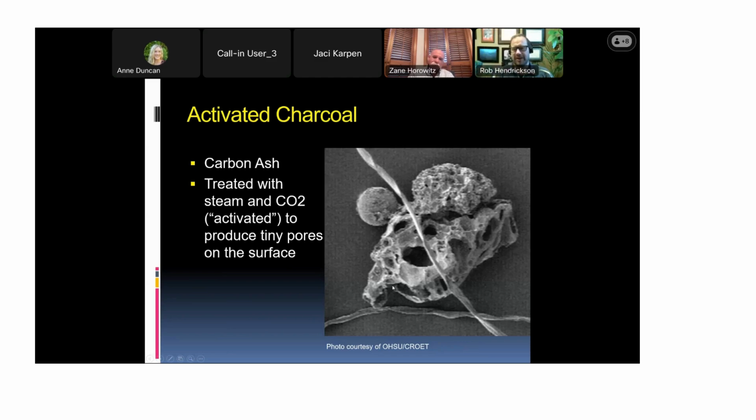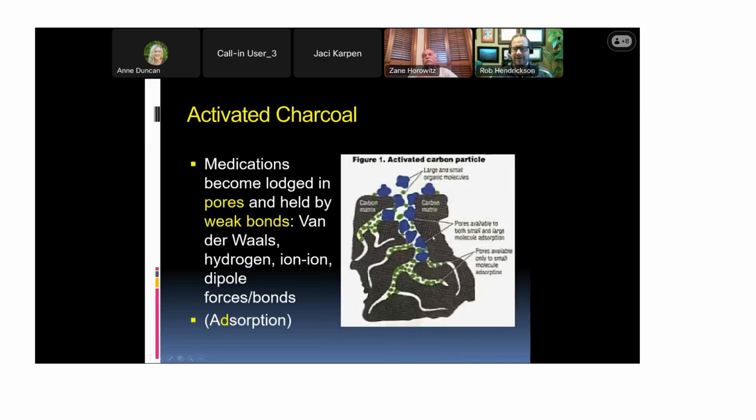And if you cut that charcoal in half, you would see these little crevices, and they have all these little spaces in there. They're very, very small spaces. Molecules and chemicals find their way in there and then get very weakly bound by all of these forces that I remember from medical school. I haven't remembered since. Van der Waals forces and ion-ion and dipole forces, but they're not covalently bound. They're just held in place, and because they're at the base of a crevice, they kind of loosely stay there,